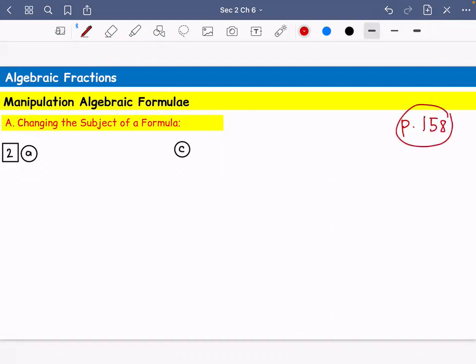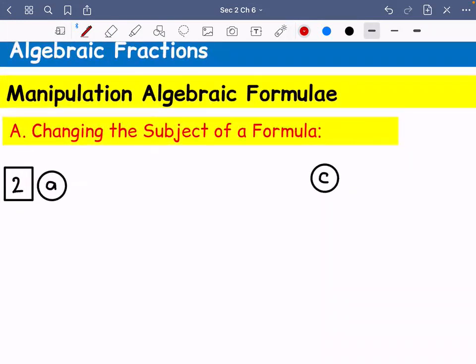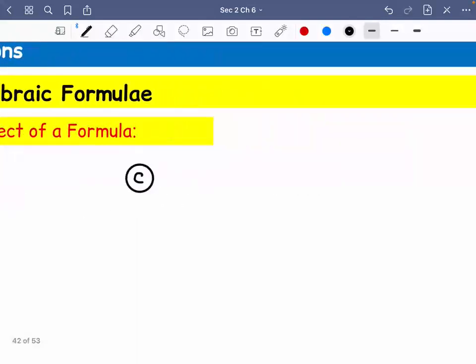So number 2A, so we now have a division. A over M equals B plus C. Okay, and then for letter C, we got K plus A over 5